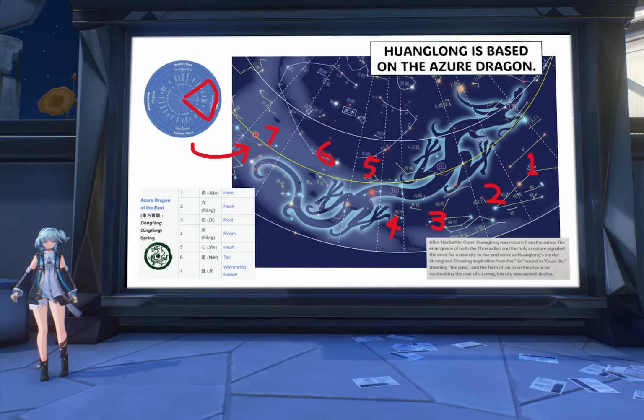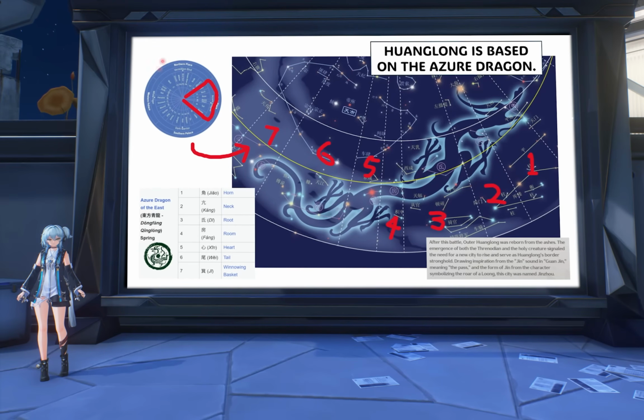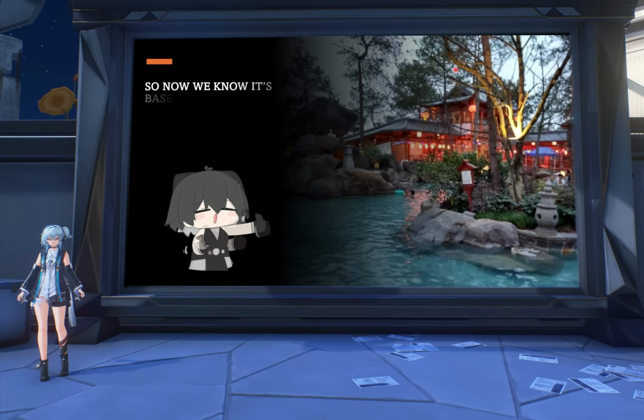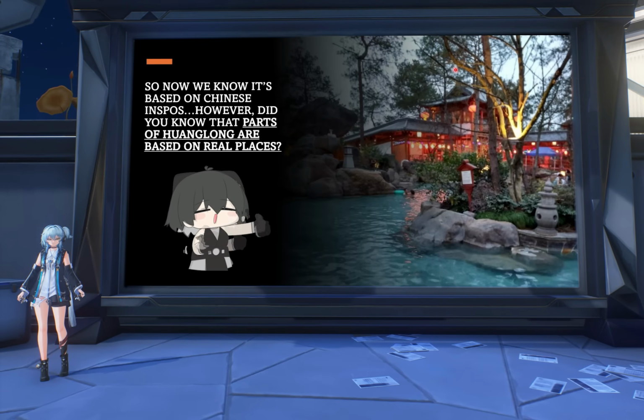And as you can see here from the previous slide, the 28 mansions, the azure dragon occupies this sector over here, and this is what it looks like on a star map. So Huanglong is based on the 7 mansions of the azure dragon, or at least the sentinels are. So now that we've covered the symbolism of the sentinels, we need to get to the interesting part of the video. So we know that the sentinels and Huanglong in general are very heavily informed by Chinese inspirations,